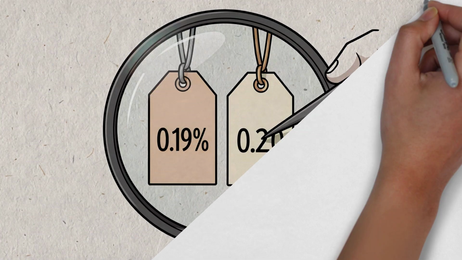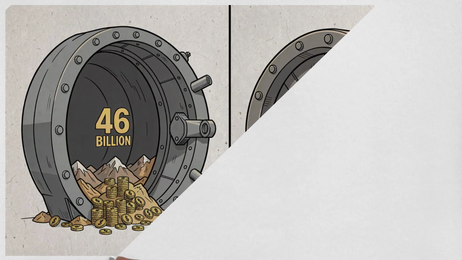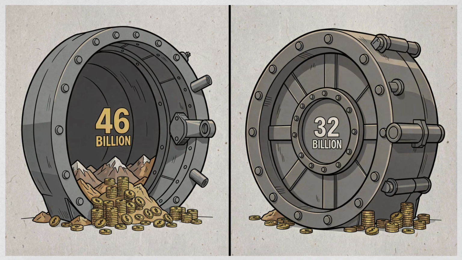Cost and size, TER and AUM. Now let's talk about what keeps the index investing community up at night: the expenses. When you are holding a fund for 10, 20, or 30 years, every single basis point matters. The Vanguard FTSE All-World UCITS ETF has a total expense ratio, or TER, of 0.19% per year. The iShares MSCI ACWI UCITS ETF has a TER of 0.2% per year, a difference of 0.01%. Mathematically, on a $100,000 portfolio, that is a whopping $10 a year. It is a virtual tie.